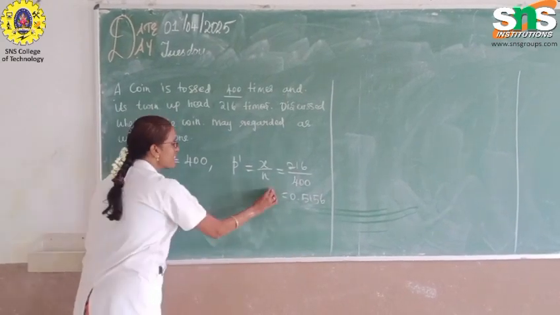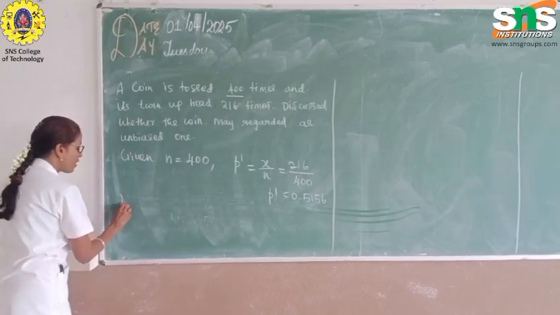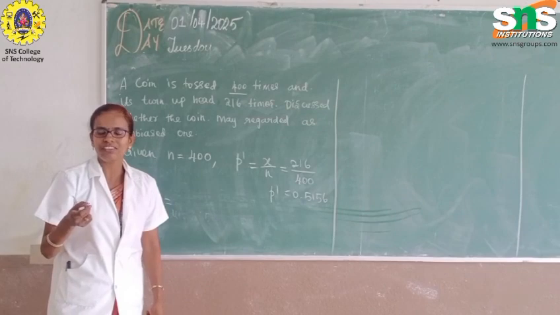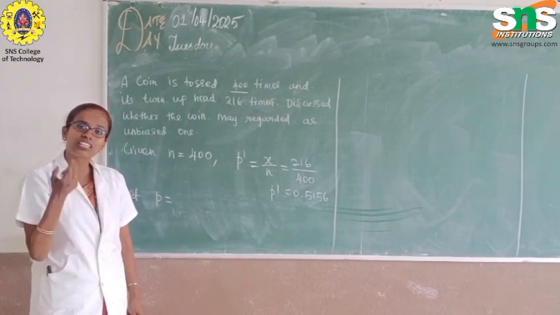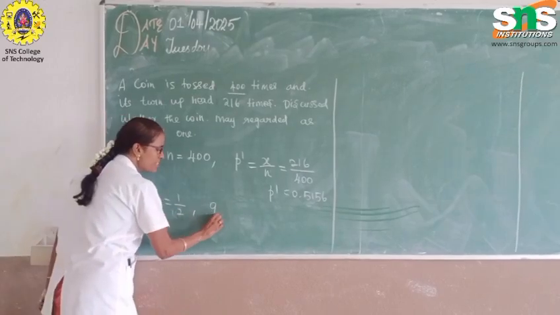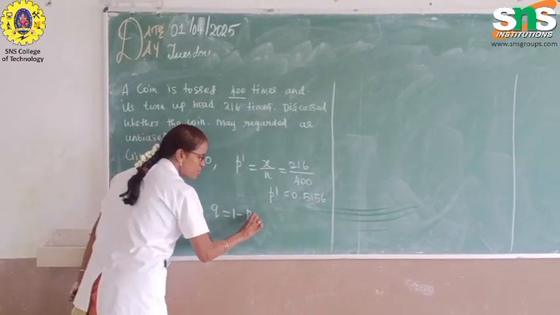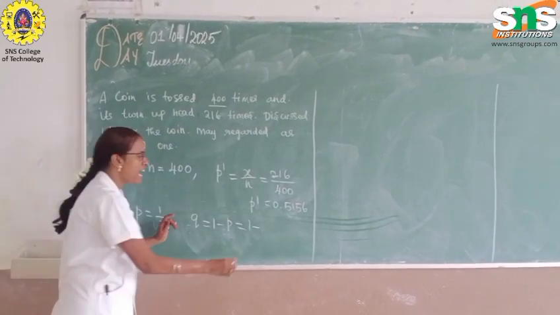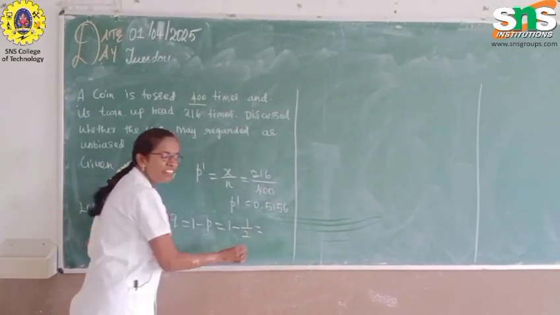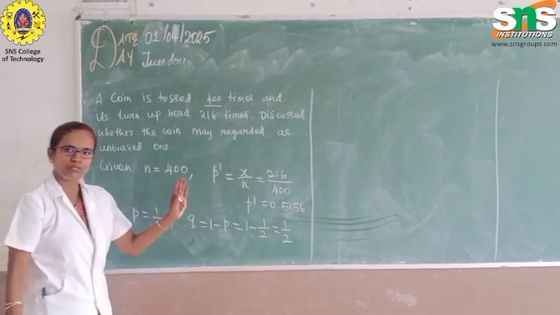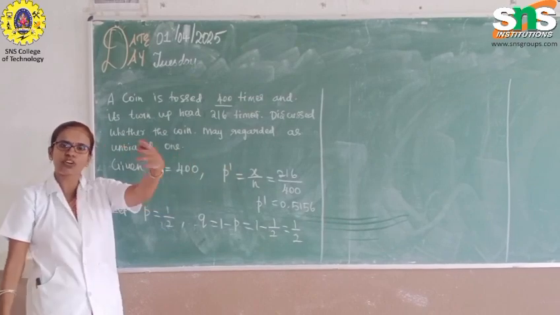The next thing is we are going to write what p is. We are tossing the coin; if you toss the coin one time, what is the probability? Yes, it is 1 by 2. Then using this, we find the q value, which is 1 minus p. 1 minus p is also 1 by 2. So now we have all the terms included in the formula.